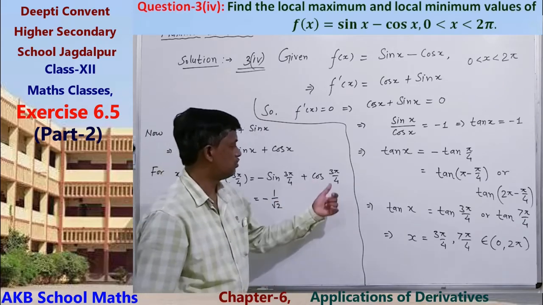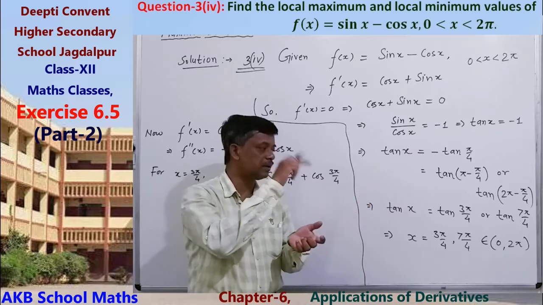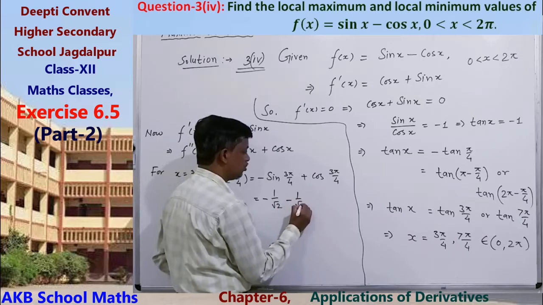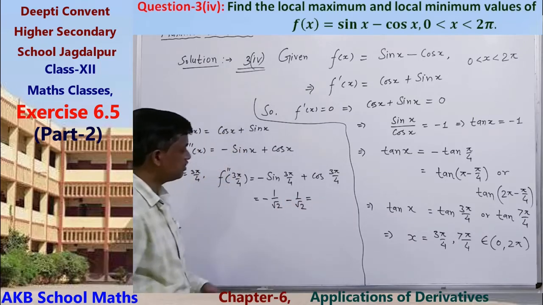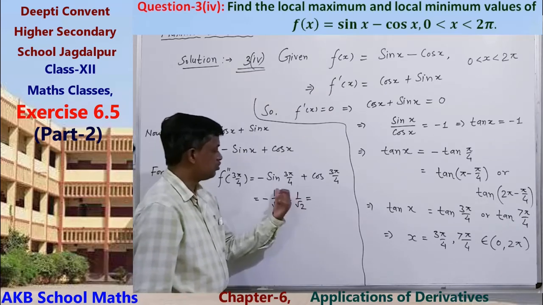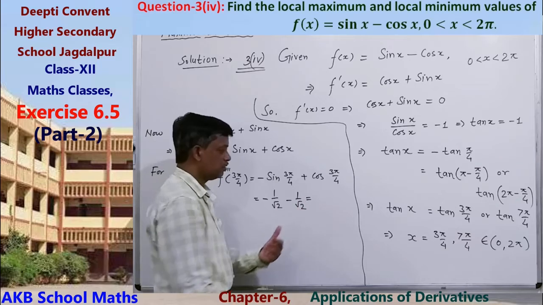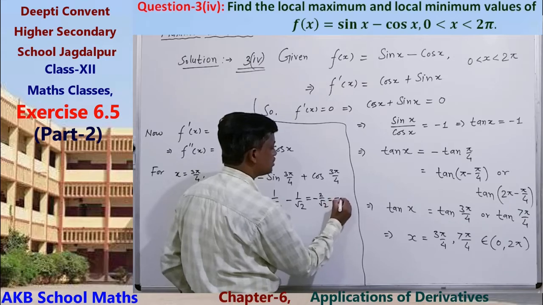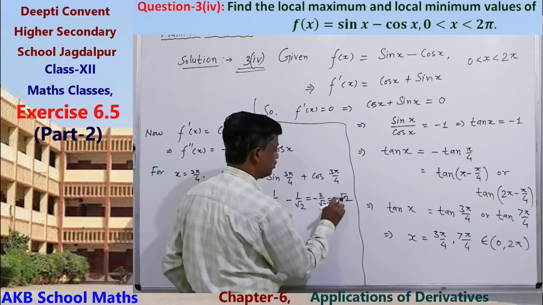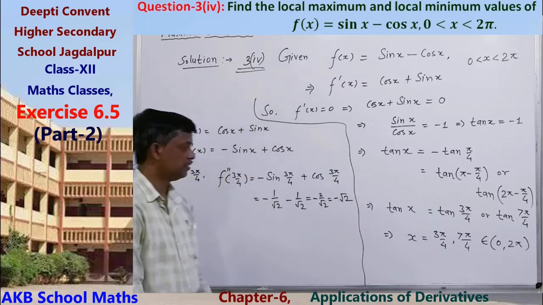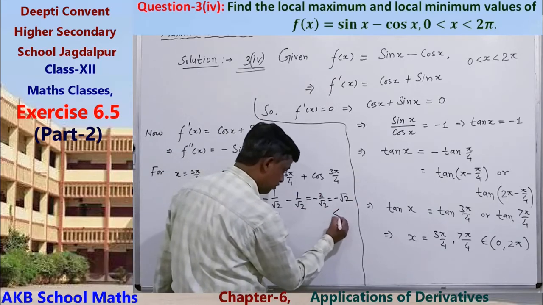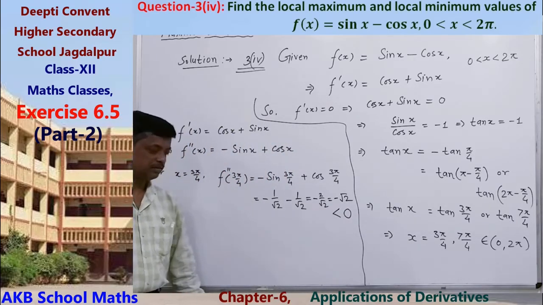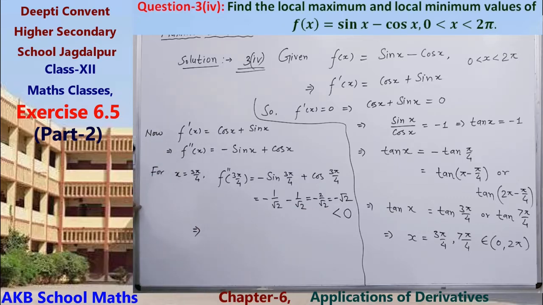Cos 3 pi by 4 means cos of pi minus pi by 4. In the second quadrant, cos is negative. So cos 3 pi by 4 means minus of 1 upon root 2. You can solve it by taking LCM, root 2 as LCM. So minus 1 minus 1, that is minus 2 by root 2, which equals minus root 2. This is a negative value. That is, the double derivative at this point is negative. Implies what? By the second derivative test,